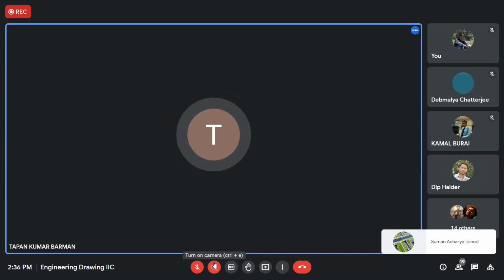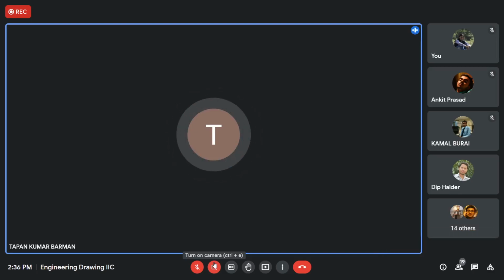If you want to share your screen at that time, I may help you. Also, it is for all. Sometimes for a center line or dashed line, you cannot see the gap between the lines. At that time, you have to change one thing, that is called line type scale. Right clicking the object, you can go to properties, and from there you can change the line type scale. There you have to vary the value so that the line is visible in your viewport or in your drawing.